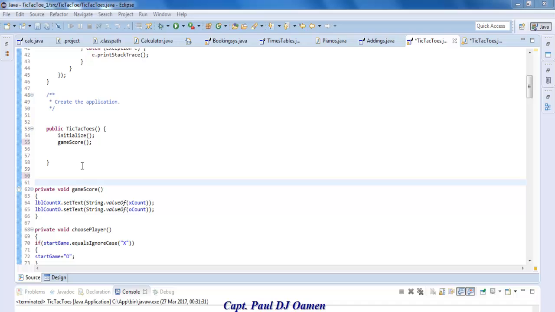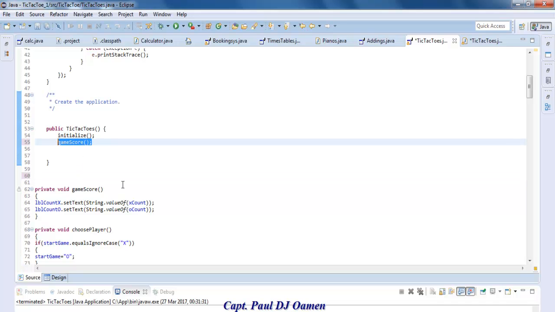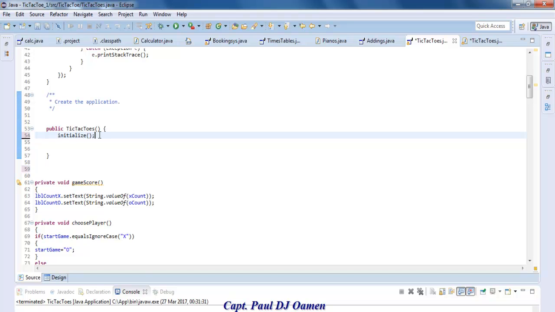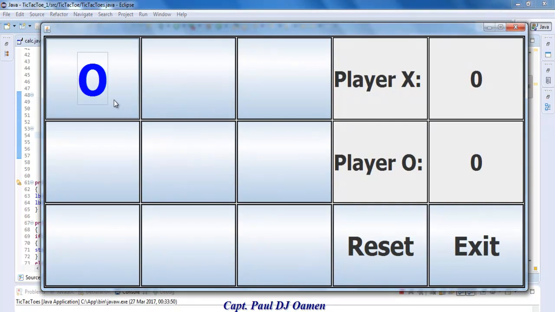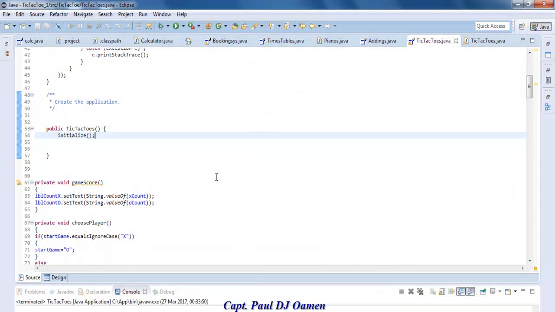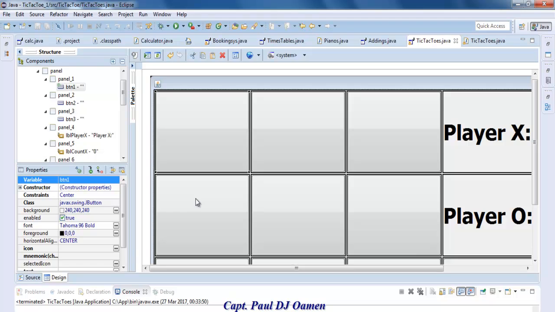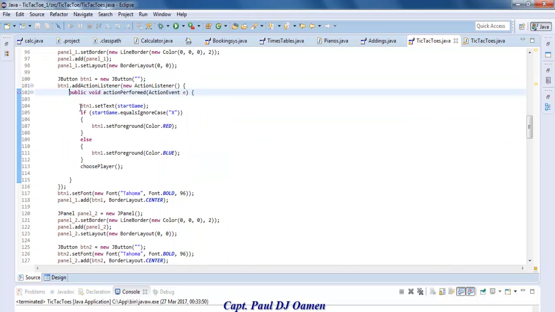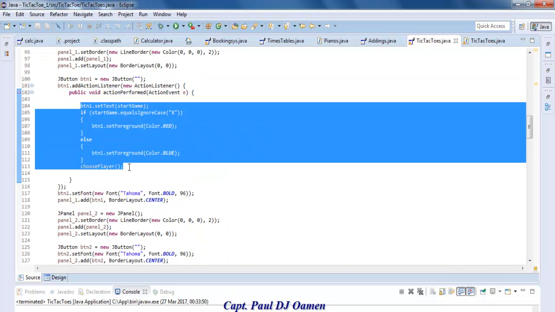Alright, I'm going to get rid of this one here. It's now going to run there, so let's run it again. We'll call it somewhere else. Alright, that's it. Button 1 is working, so I'm just going to now copy those lines of code. Let's copy all of those and paste it